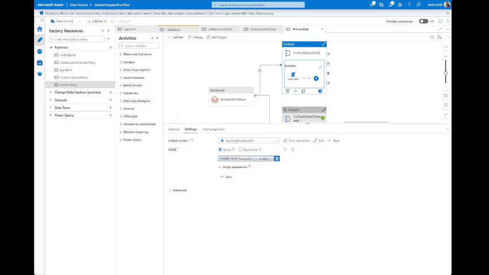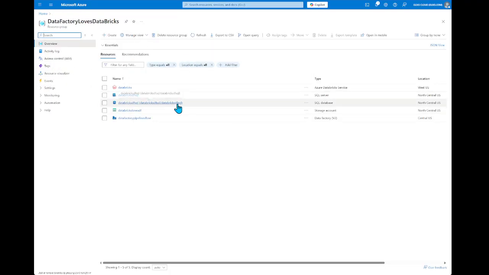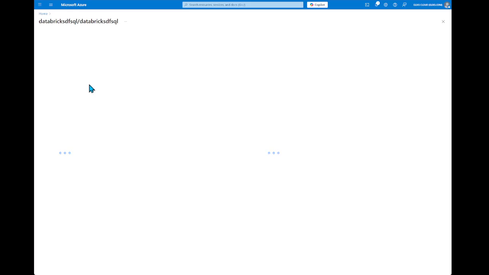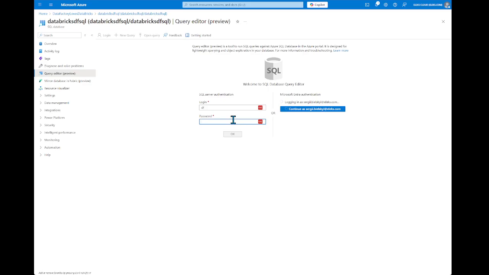Let me also show you SQL. We should have a SQL database, and I do believe we can open, yes, query. Let me connect to the SQL database. I think it's serverless, so it should take some time to start this instance.